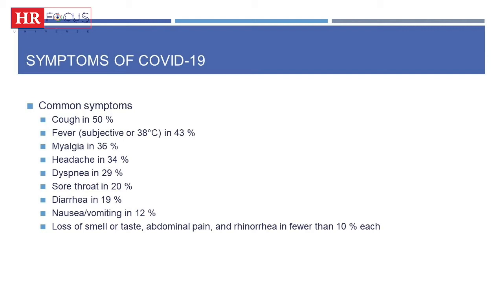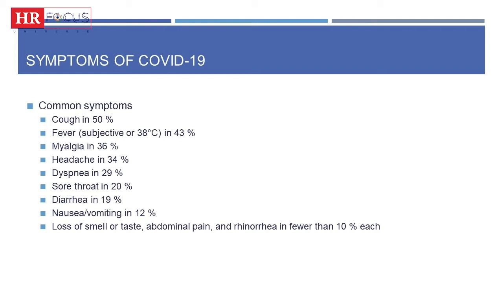And then muscle pain. Muscle pain is also one of the symptoms that we are likely to have. You may have headaches, difficulty in breathing. Most people even start off with a common cold, may have some sore throats. The body is able to handle the situation. They may lose their sense of taste, sense of smell. Some may even have diarrhea.